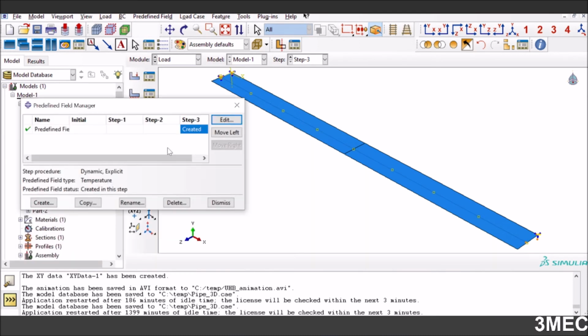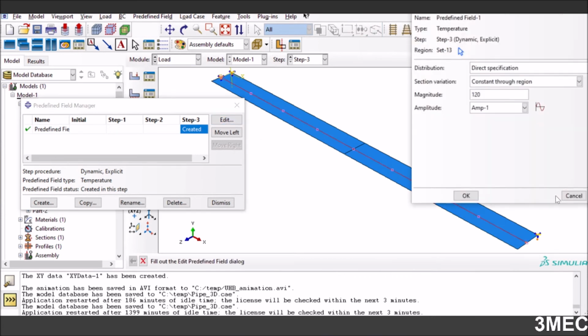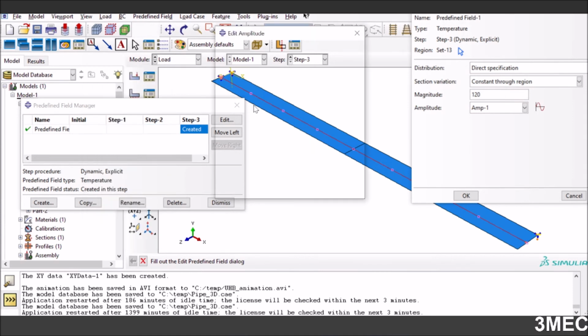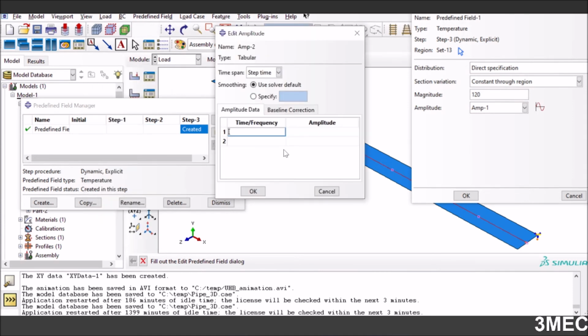Now for the temperatures, I have created a predefined field for temperature, and it will only be activated during step 3, which is the step where we will apply the temperatures. And if you look at that, I have applied a temperature of this, and also I have given an amplitude function because I want the temperature not to be applied instantaneously, but to increase from 0 to 120. So I go to tabular and I say that at time 0 the temperature is 0, and at time 1,